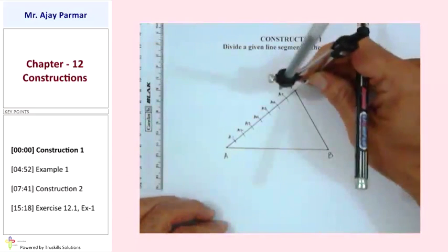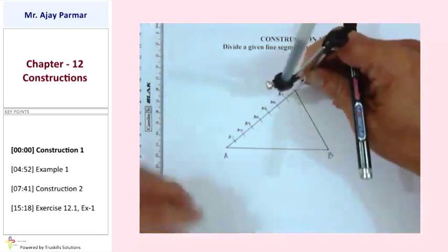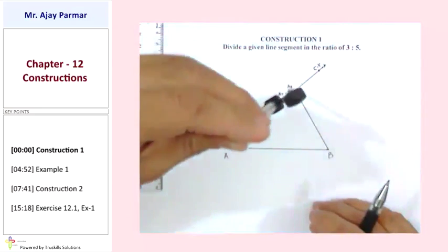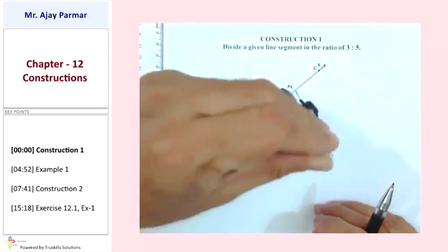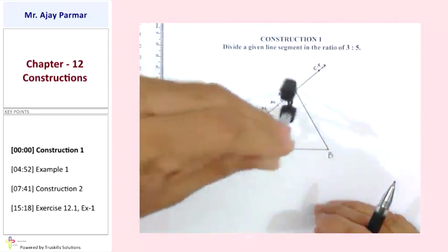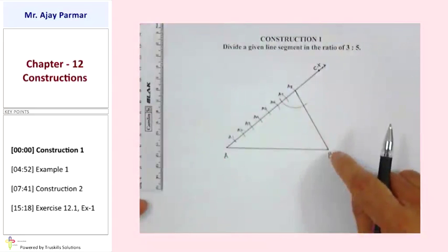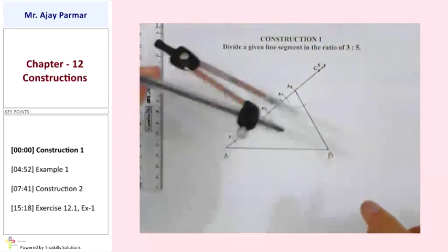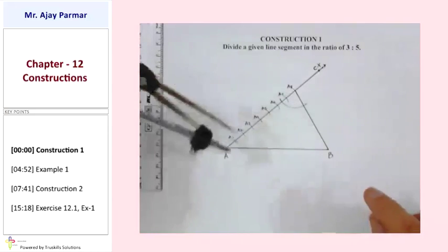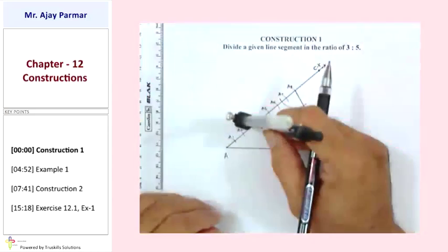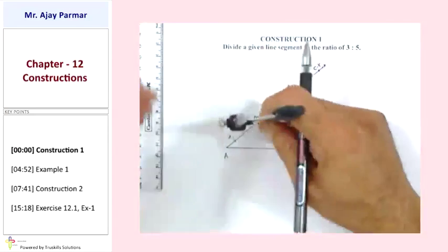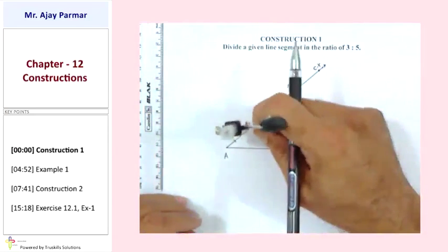Taking A8 as the center and any suitable radius, we will draw an arc which intersects both ray AX and line segment A8B. Taking the same radius, I have not changed the radius, taking A3 as the center,